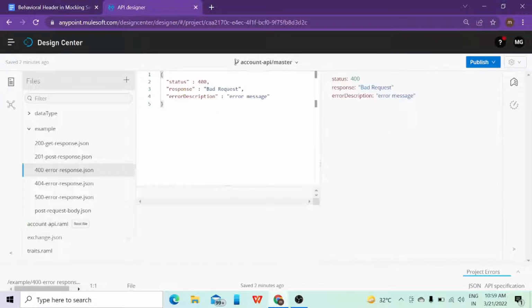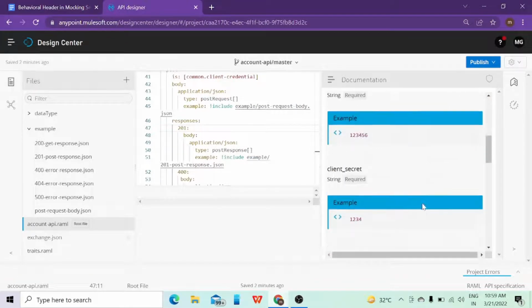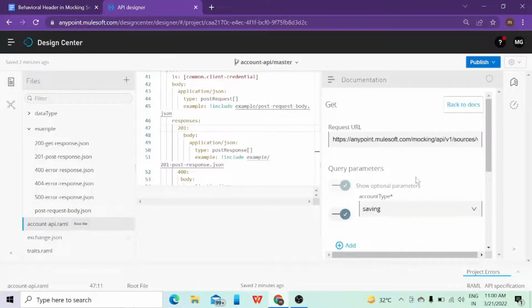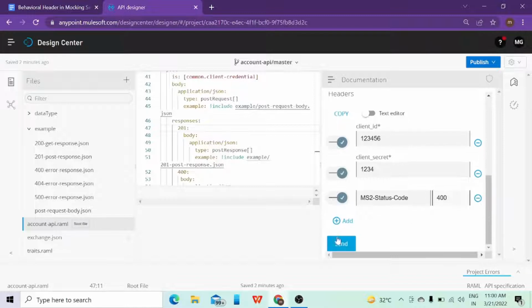This is the error response we have here. Now let's go to get. For that I need to add this ms2 status code 400. If I click on send,